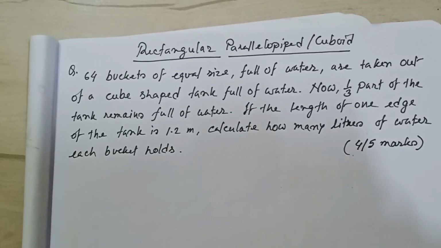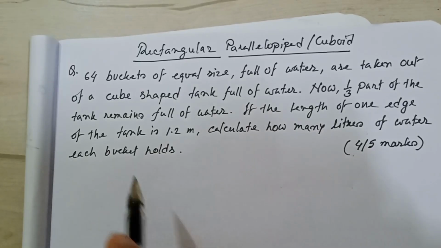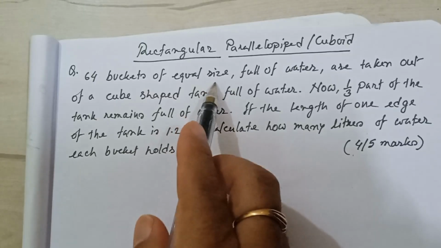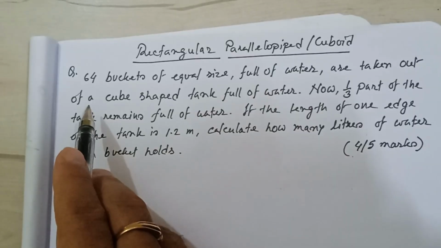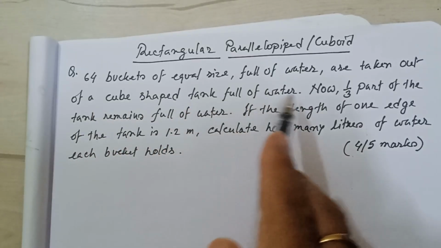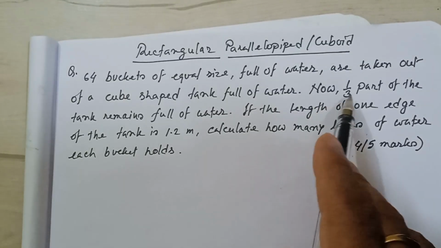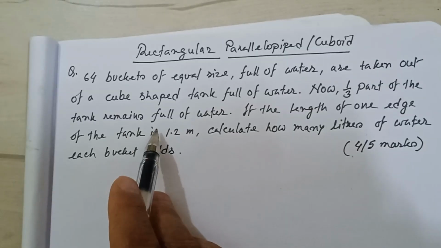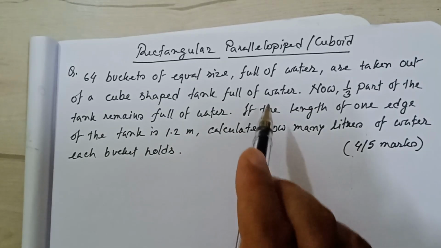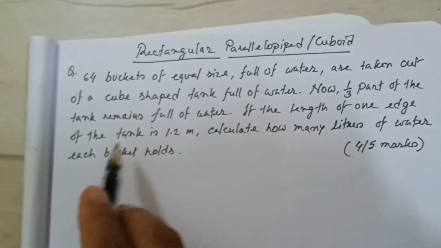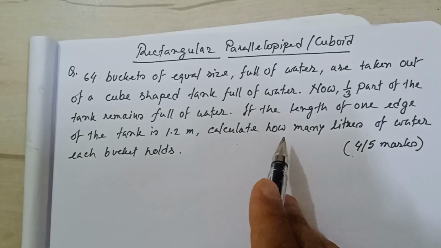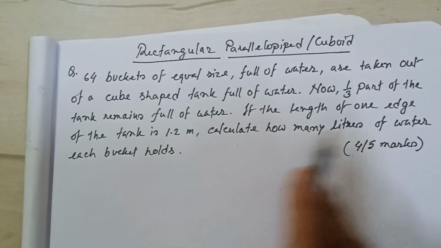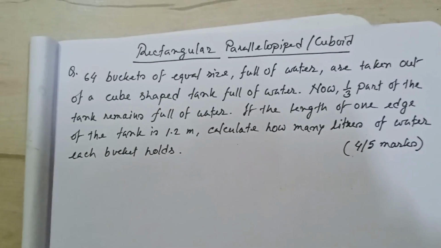So the question is: 64 buckets of equal size full of water are taken out of a cube shaped tank full of water. Now, one third part of the tank remains full of water. If the length of one edge of the tank is 1.2 meter, calculate how many liters of water each bucket holds. So there is a water tank